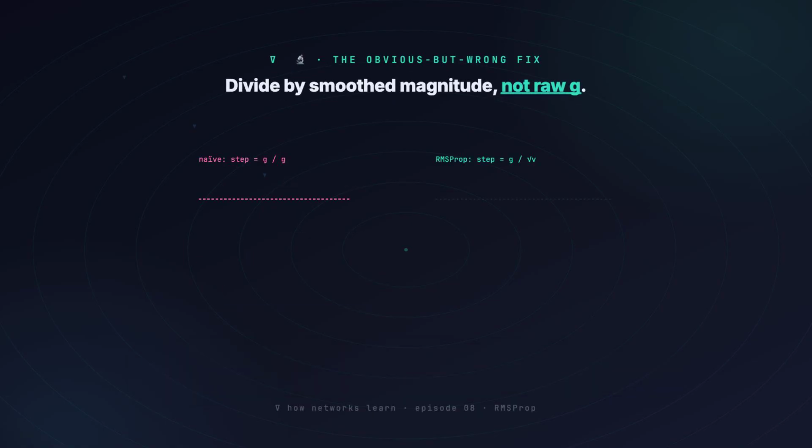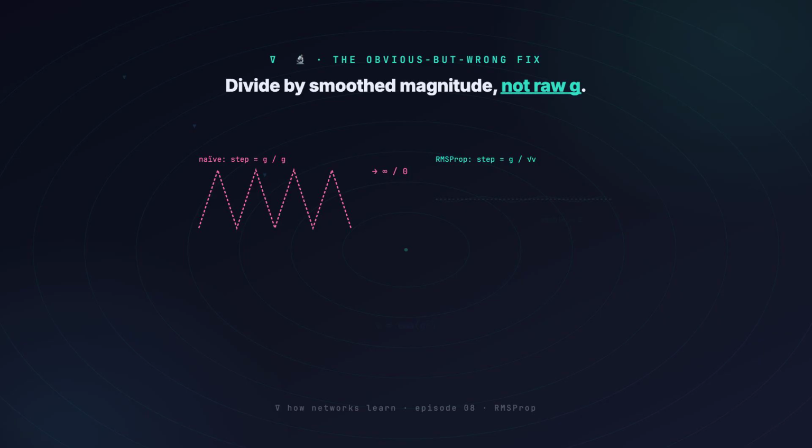Now, the obvious but wrong version: you think, just divide by the current gradient. If g is 50, divide by 50. If g is tiny, divide by tiny. But that's brittle. A single noisy gradient sends the step to infinity or 0, and you'd flip sign every time g flips. The fix is to divide not by the raw gradient, but by a smoothed estimate of its magnitude,